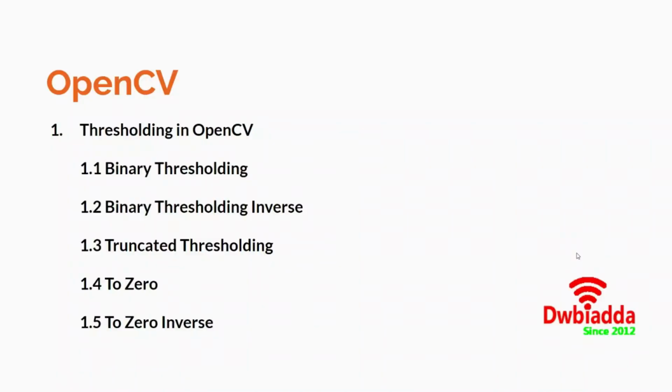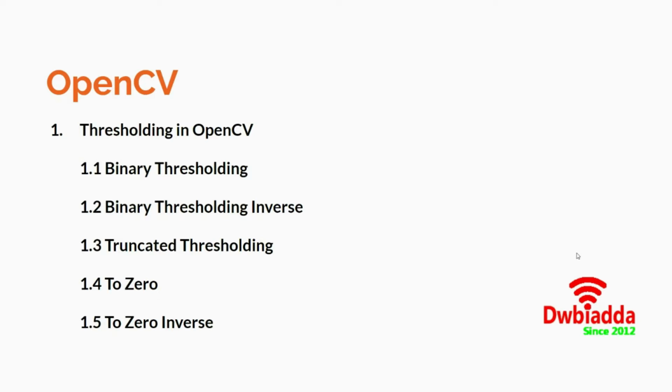Hello everyone, welcome back to the playlist on computer vision. In the last few video lectures, we saw some of the core concepts of OpenCV, like opening an image, drawing basic shapes over an image, then drawing polygons over an image. We also saw how to blur an image, and we saw the concept of masking as well. So these were some pretty interesting concepts that we saw in OpenCV.